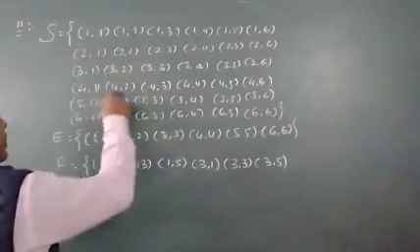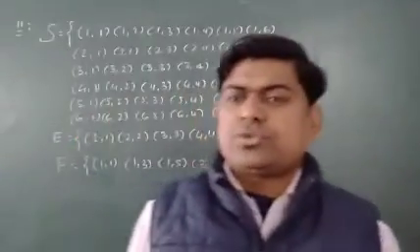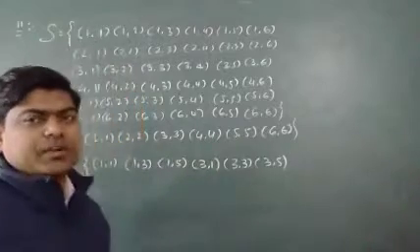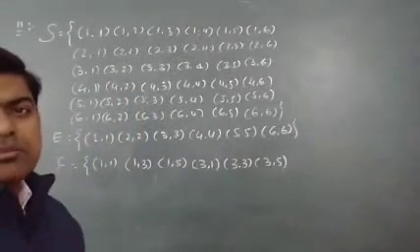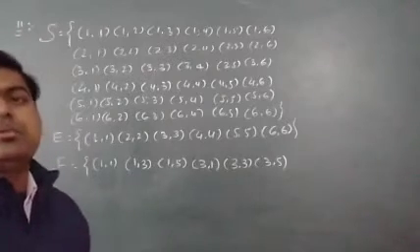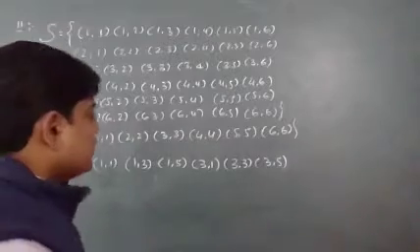Now again 4 1, 4 2, if I find the product of 4 1 or 4 2 or 4 3 or 4 5, it will be an even number, because 4 is a factor of it and definitely 4 is divisible by 2. So all these numbers which are multiples of 4 will be divisible by 2, and it should not be an even number, it should be an odd number.